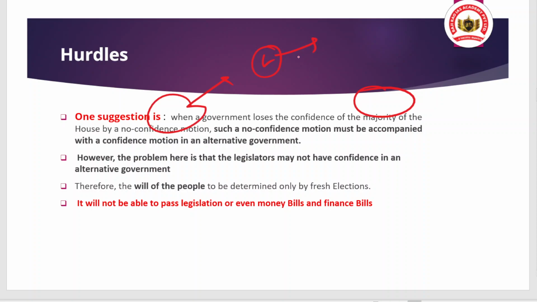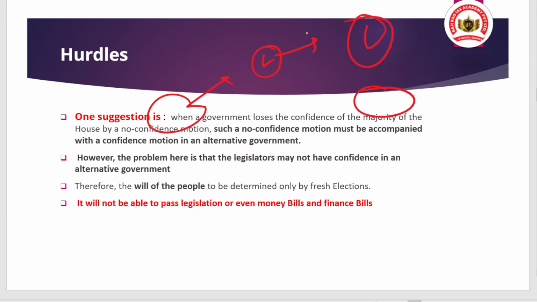Okay, here there is the indication that the government is not enjoying the majority, so there is a voting passed in the house, and if there is an acceptance of the no confidence motion, that means the government has to resign. That is the point of no confidence motion. So when a government loses the confidence in the house by passing of the no confidence motion, so what should